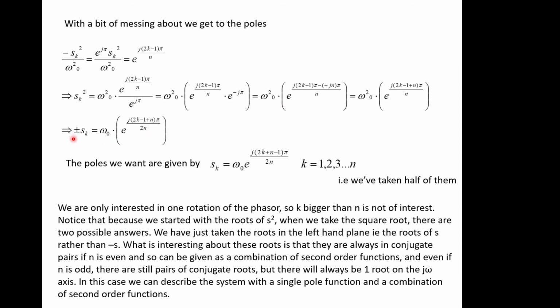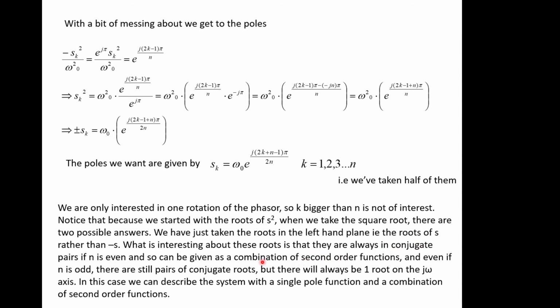You end up with eventually that the plus and minus, there's two poles, remember, become the solutions to this equation. And the poles that we want are given by sk equals just this part. So we've just taken the half that we're interested in, the ones that give us the left hand side of the diagram. Right, so there's some words to try and explain that there, which you can look at in your own time if you want to. So it's interesting that the roots are always